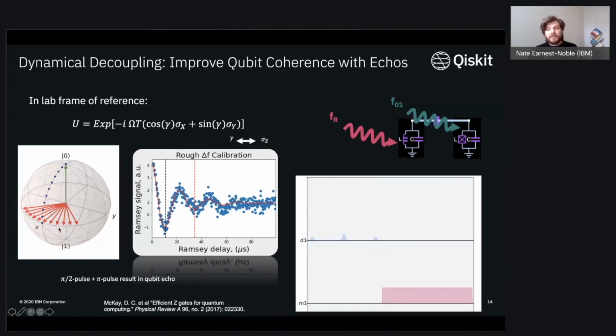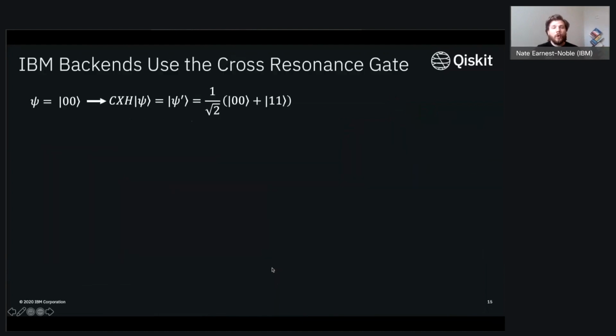This idea of dynamical decoupling will also be important in trying to think about how you can actually improve the 2-qubit gate with our backends, or namely this idea of echoes. So we'll get into this sense of an echoed cross resonance. So jumping in now, we've discussed our single qubit gates and how you can get your X gate, your root X, or the Z gate. Now we actually want to understand how it is that we get the 2-qubit gate, namely the CNOT.